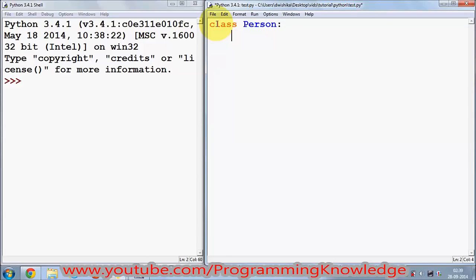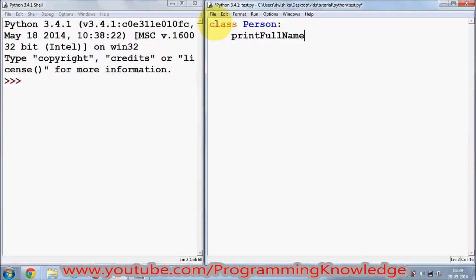Now how you can define member functions in a class? You just need to give, for example, I want to print the name, first name and last name of the person. I can create a method to print this. So I can create a function like this: print